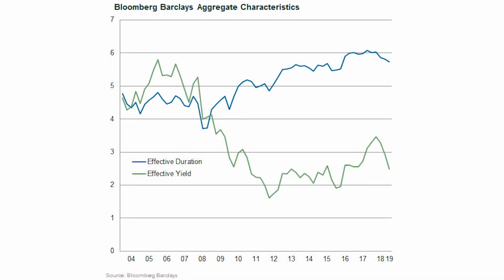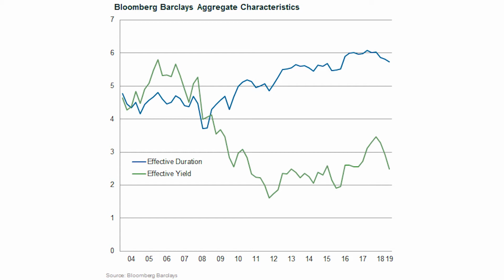Then I'd get serious. I'd say, okay, let's take a quick look at this chart to review that. The blue line is the average duration of the AG. It hung out around 4.5 years back in 2004, but it has been climbing. As of mid-2020, it's over 6 years now. So that piece of the risk-reward spectrum is tilting towards risk right now based on a longer and longer duration.